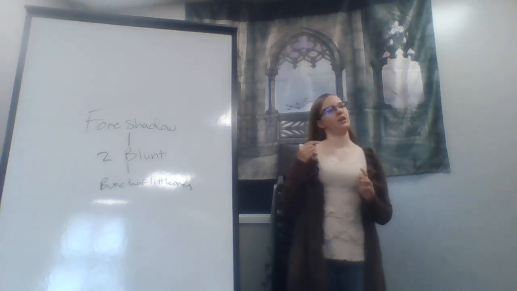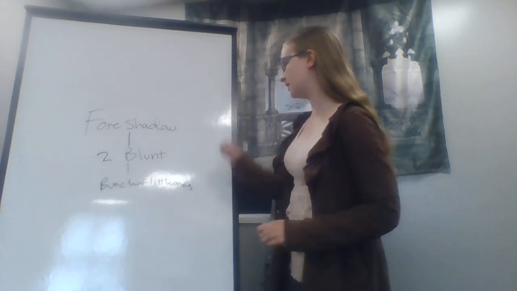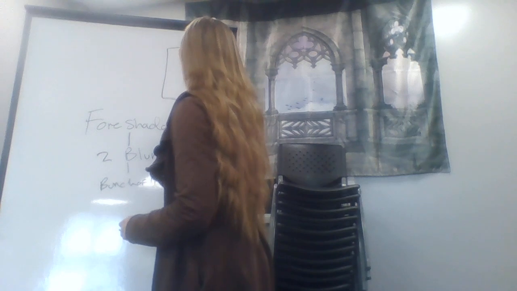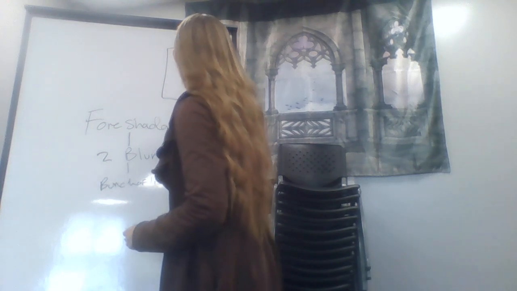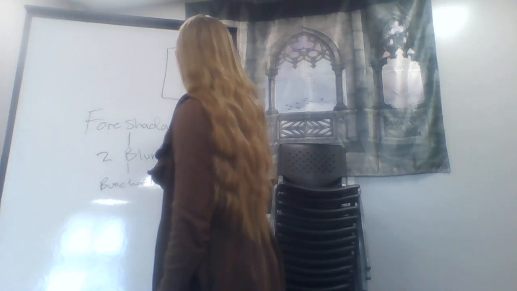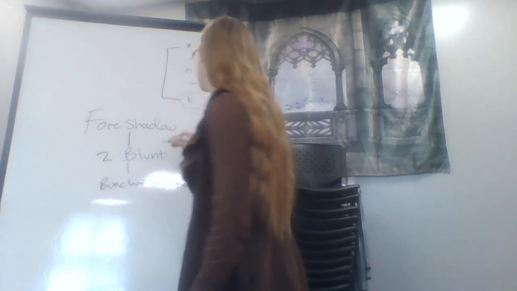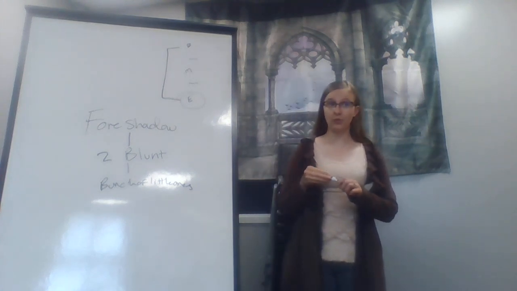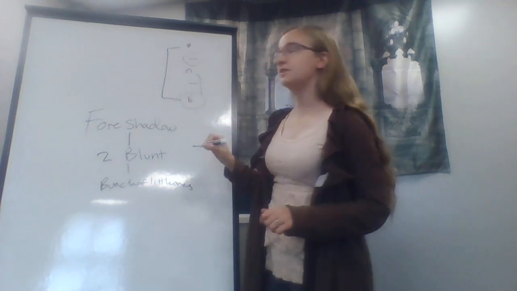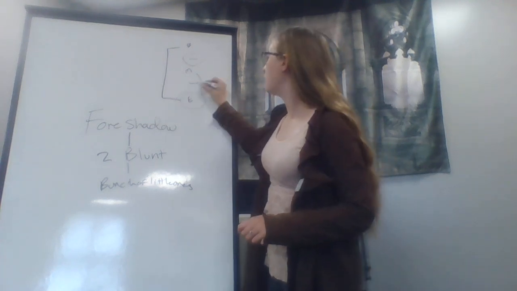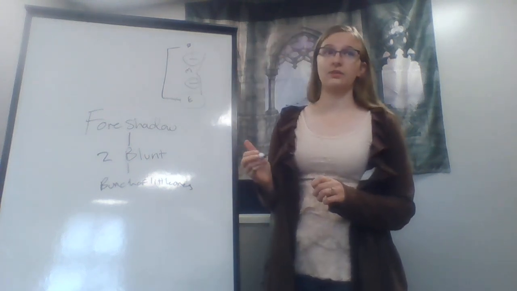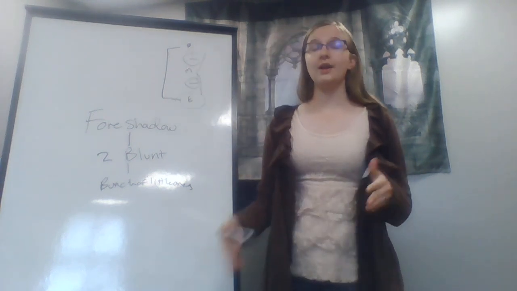The reason I say this is because when you outline a story, right, you have your classic beginning, your ending, and your middle. Now, if you have a blunt foreshadow about here and a blunt foreshadow about here, that means when they get to this ending, they'll remember it. If you have just one blunt foreshadow at the beginning, by the time they get to this ending, they're going to forget it. Or if you have one blunt foreshadow here by the ending, then they're going to be confused why they didn't give it to you at the beginning. Which is why I say typically 2 is a good number.